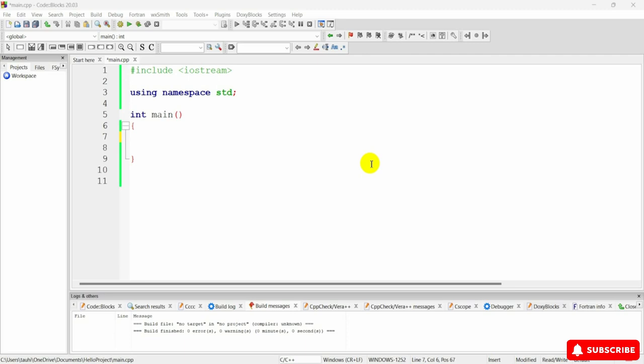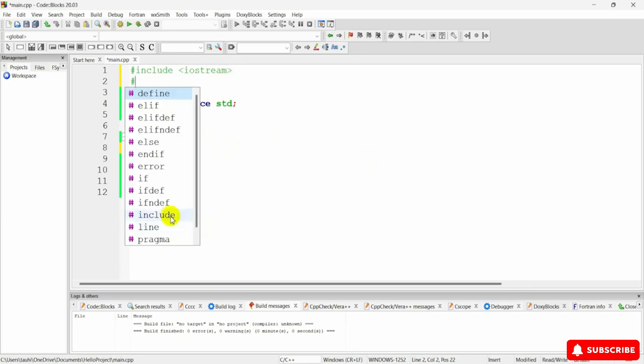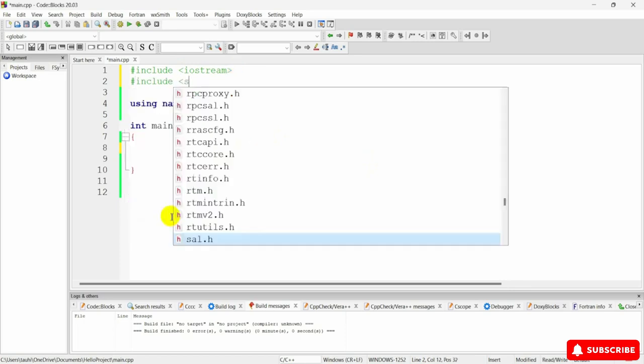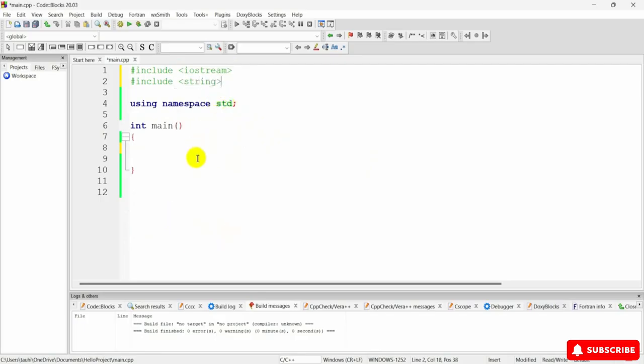So first of all, the significance of the string data type is that it allows us to handle and manipulate textual information, whether you are working with a name, sentence, or paragraph. Strings play a pivotal role in making your program communicate effectively. Okay, so now let's get started and completely create the string data type. Here I'm using another header file. So first of all, just type hash include, and then I'm typing string. Okay, and now just complete that, and then I'm going inside the main function,